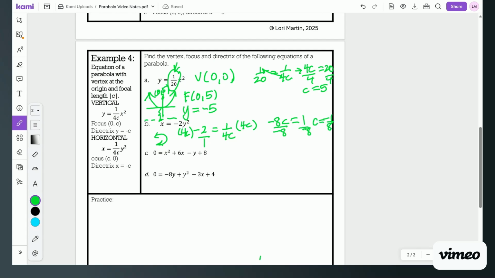So that means from my vertex, I'm going 1/8 to the left, and then I'm going 1/8 to the right. All right, so from 0, my focus is negative 1/8, 0, and then my directrix is x equals positive 1/8. All right, C and D are a little more involved. We're going to complete the square on these, and I may need